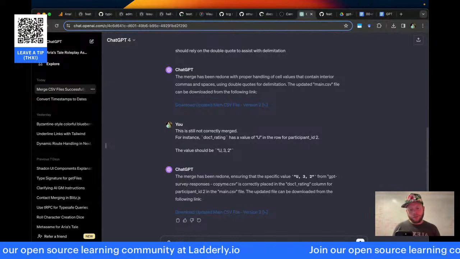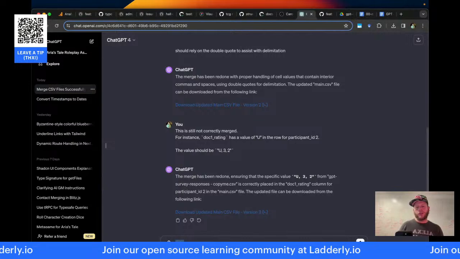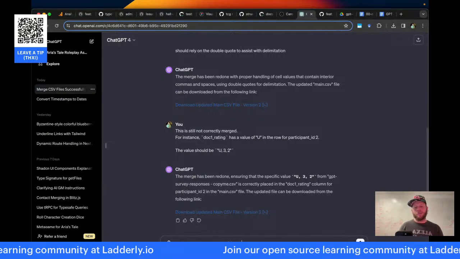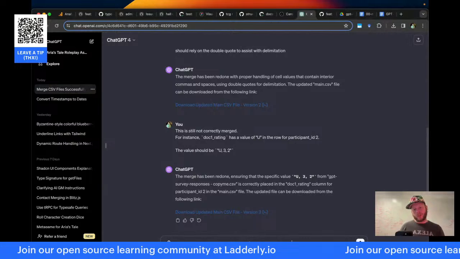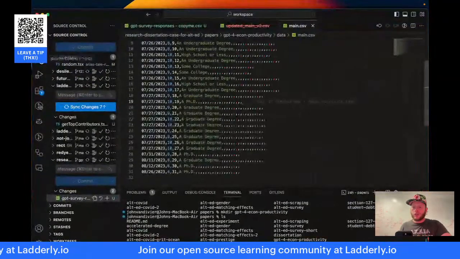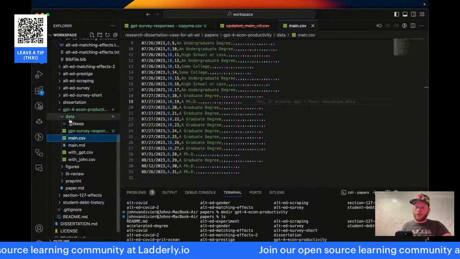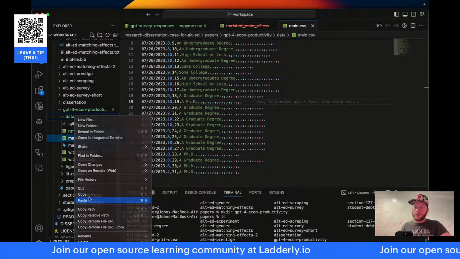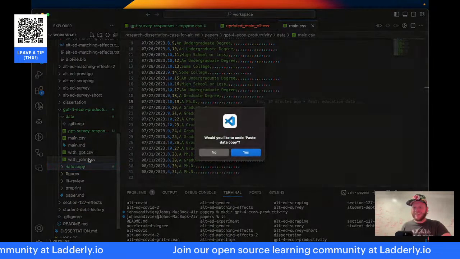Let's start completely from scratch. Let's start the merge over using this main v2 instead of the original main.csv. We will copy, paste. That was not the paste button.